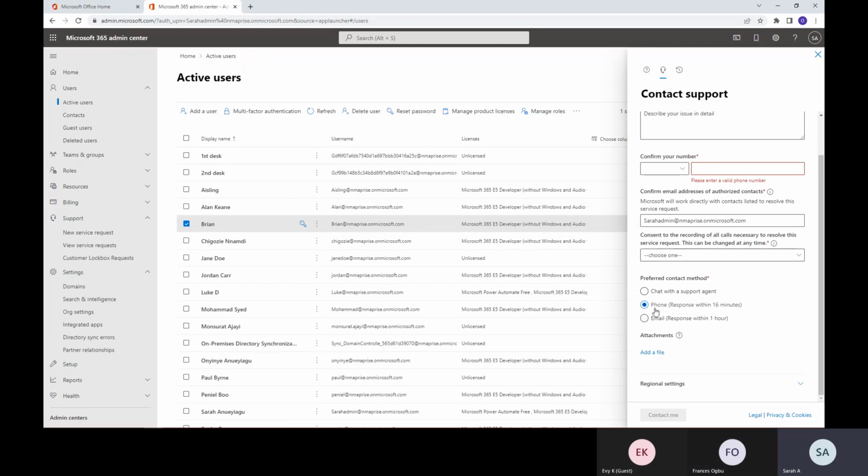Then there are three preferred contact methods. If you don't like someone calling you, or maybe you know you're going to be very busy, you just pick either email or chat. If you know you're not going to be on hand to chat with somebody, you can just pick phone or email. So depending on the kind of service you want, there's no SLA for chat, but